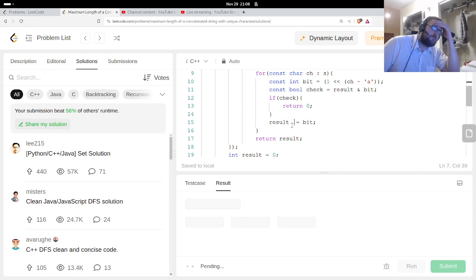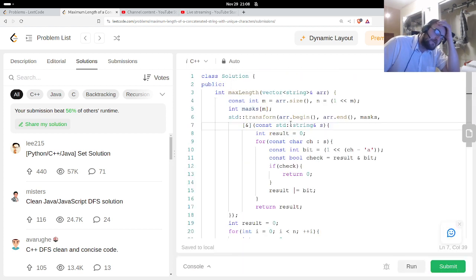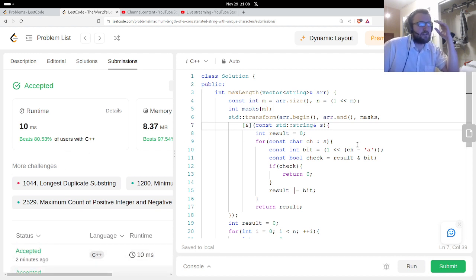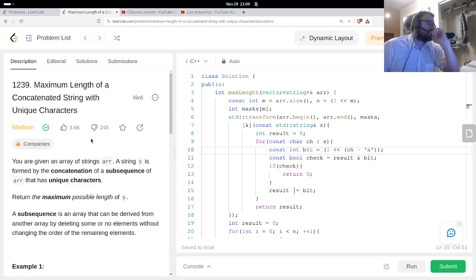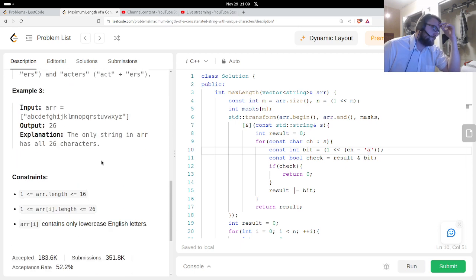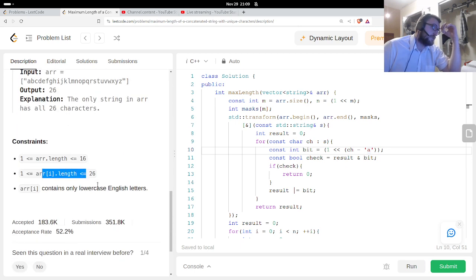Could try this one. See if it works. There we go. That's faster. That's a lot faster. Okay. Yeah, that's worth doing. That's worth trying. Yeah, it's just because some of the strings have duplicates, right? They don't say whether or not the array has only unique characters in the strings. Doesn't say that.